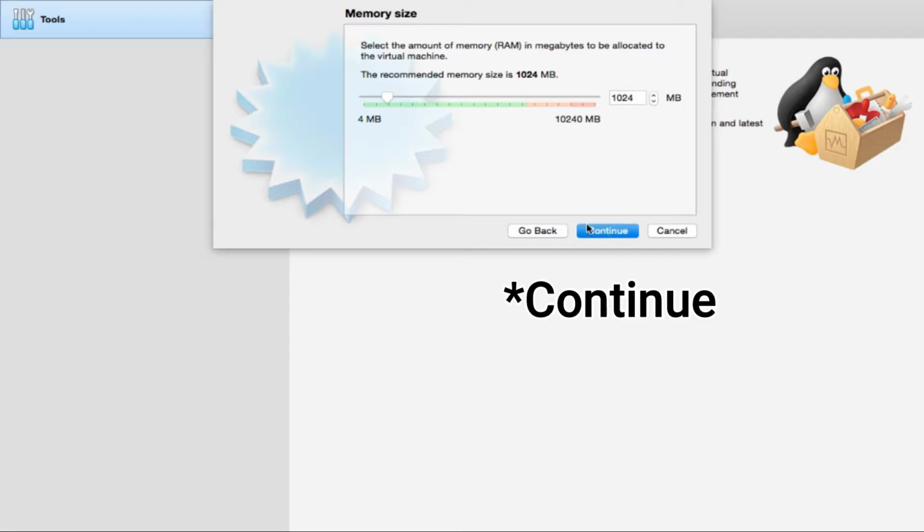Click on Next. From here you have to select the RAM, like how much RAM you want to use for this virtual environment. Means if your system has 4 GB of RAM, then out of that 4 GB, how much RAM do you want to use for this virtual environment? If you select 2 GB, then when you run this virtual environment, 2 GB of your system RAM will be taken by it and the remaining 2 GB will be left for your actual operating system. In my case, it is Mac OS.